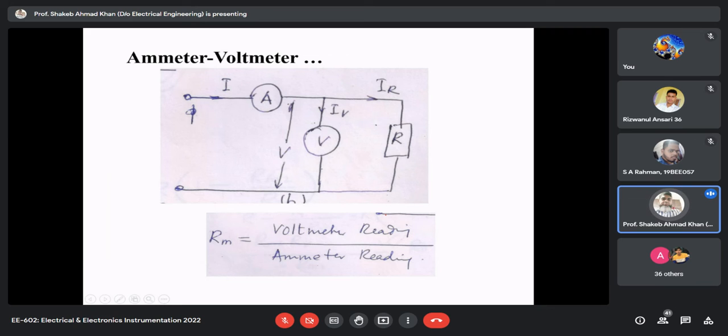अभी तक तो हम वोल्टमीटर अमीटर के मेथड के अंदर ही, अगर आपको इस मेथड को ही, सर्किट को ही मॉडिफाई करना है, and now we want to improve whatever shortcomings this method is having. So first of all, you should be aware of what is the cause of the problem in this circuit, and how will it be taken care of. तो वो मॉडिफिकेशन हम पूछना चाहते हैं आपसे।